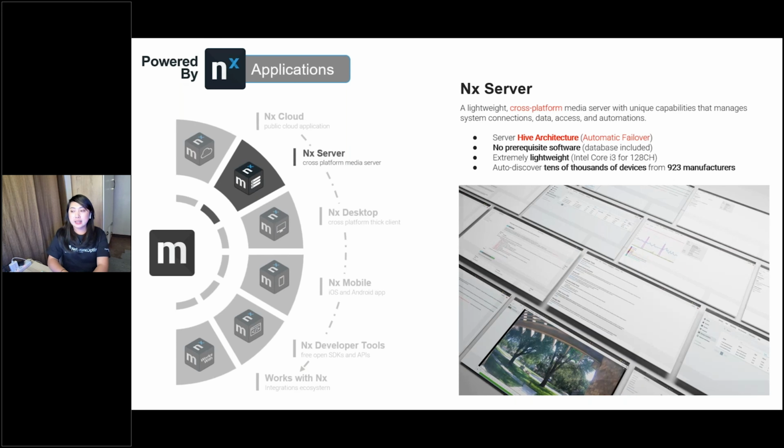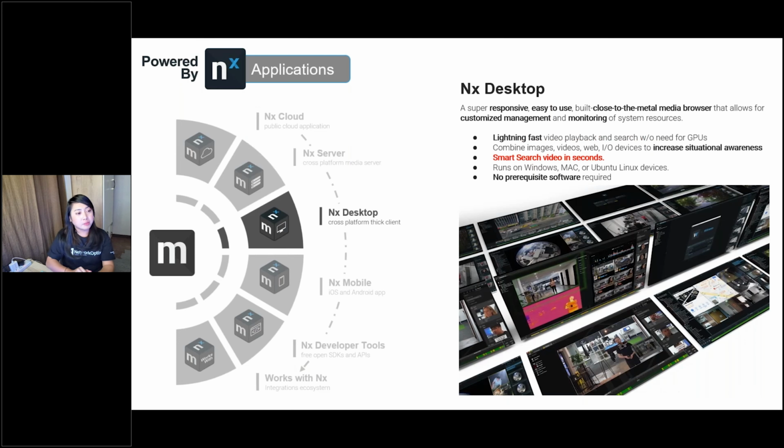Another is Nx Desktop. This is a multimedia browser designed for connecting, viewing, and managing your users and integrated devices. It has a flexible grid user interface where the user can customize a layout combining live videos or offline videos, even images and web pages.